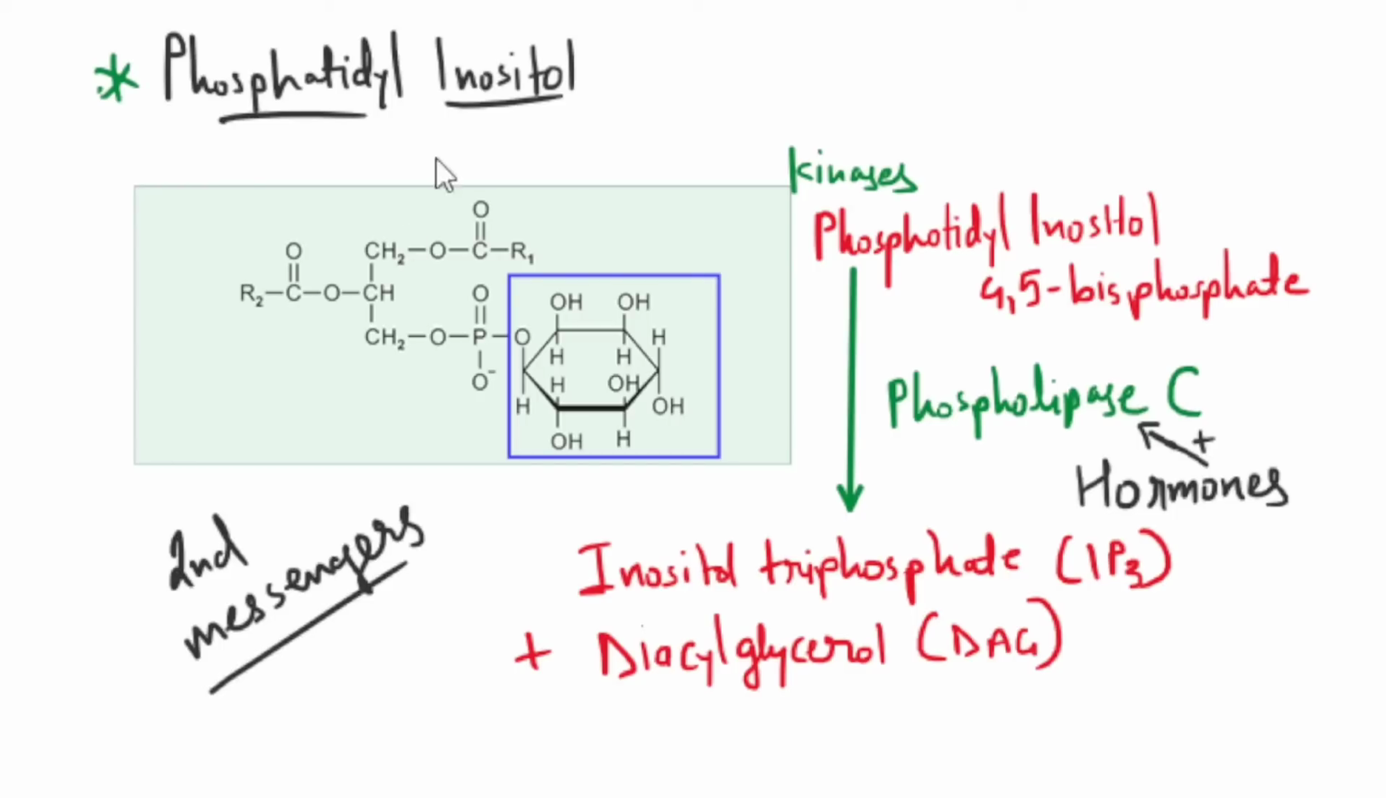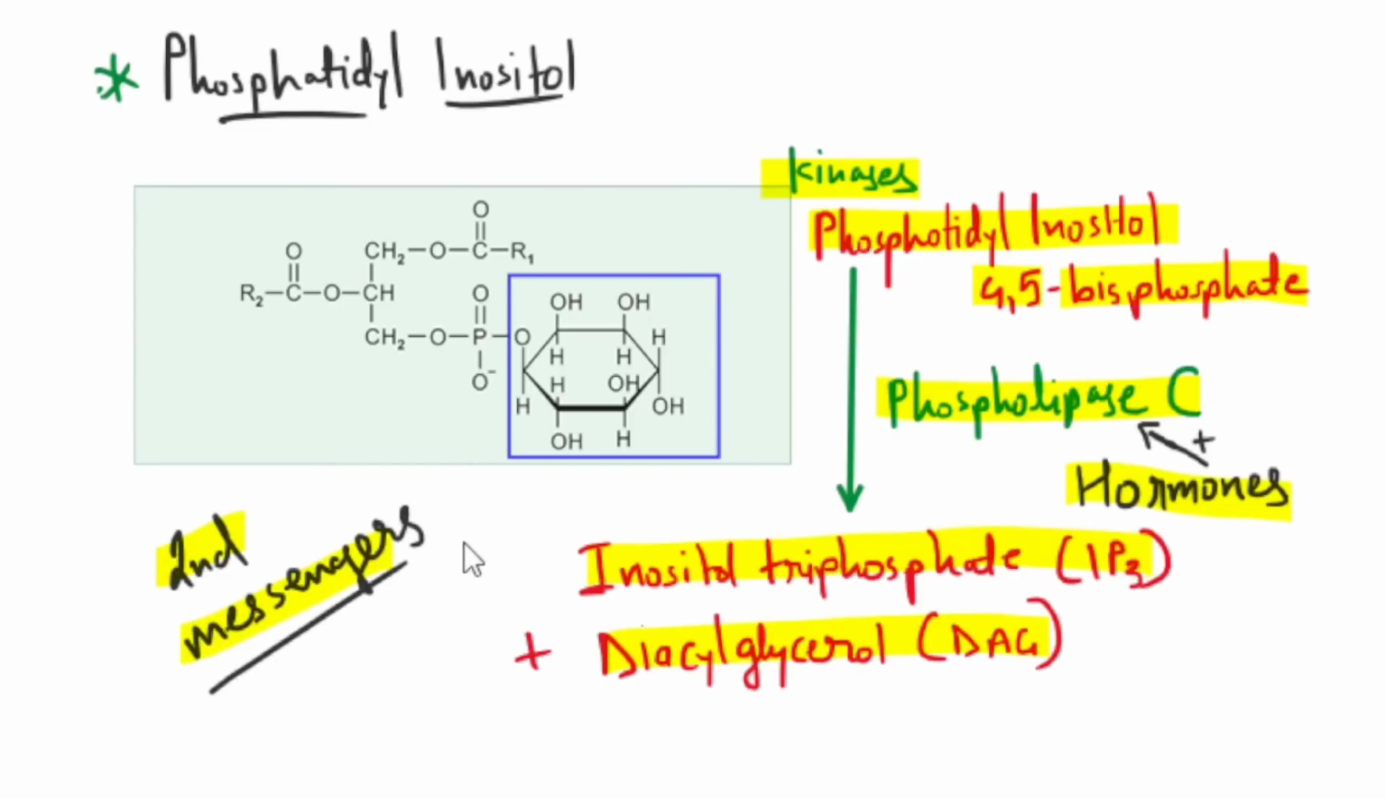Phosphatidyl inositol is found in brain tissue and plays an important role in lipid signaling and cell signaling. The inositol ring can be phosphorylated by a variety of kinases to form phosphatidyl inositol 4,5-bisphosphate. Actions of many hormones are mediated by phosphatidyl inositol. Hormones stimulate phospholipase C to hydrolyze phosphatidyl inositol 4,5-bisphosphate to form inositol triphosphate and diacylglycerol, which act as second messengers